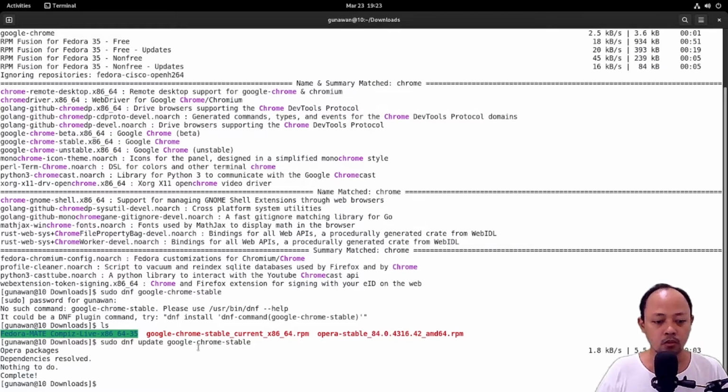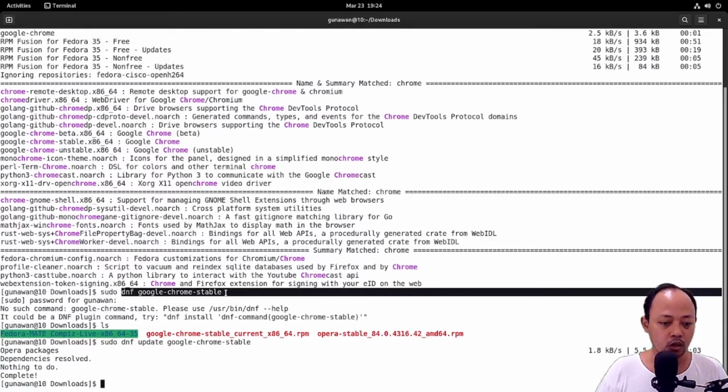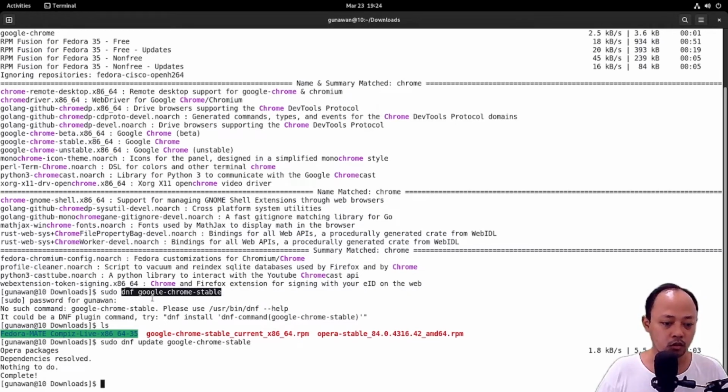So wait, I will compare my typing. Oh, there's no update word in this command. So I think I did something wrong. Okay.